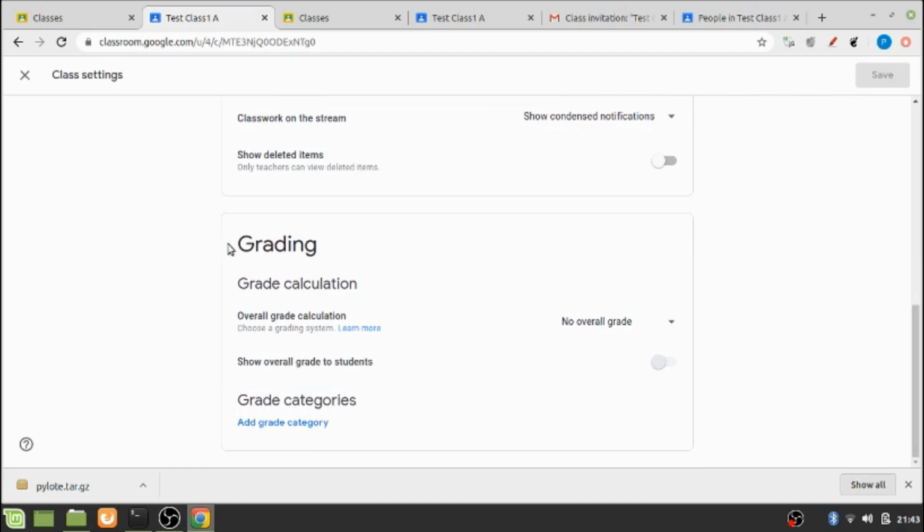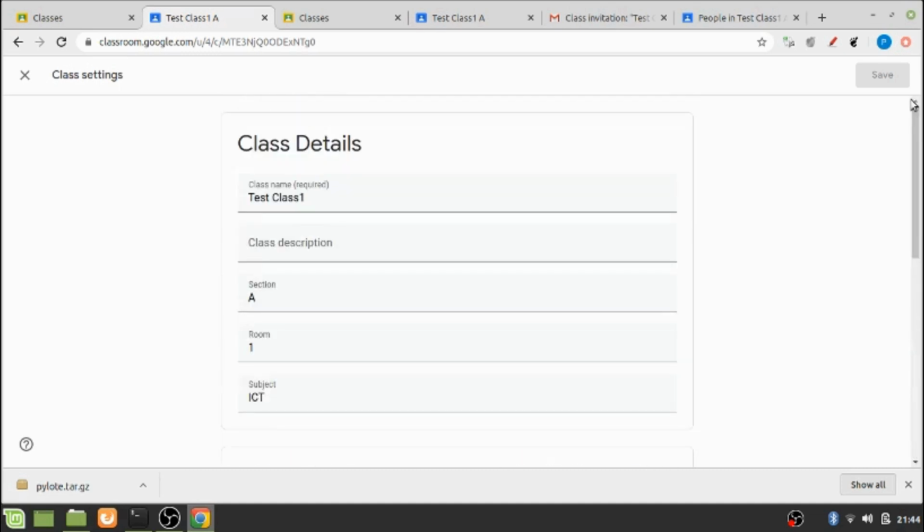Then there is one option for grading. Here as a teacher you can set up your own grading system by choosing total points or weighted by category grading system, and in both these cases, the grades will be calculated for you, and you can let your students see their overall grade. But if you don't want to use a grading system, you can choose the option no overall grade, and I will choose it for now. And let's go back to our home page,